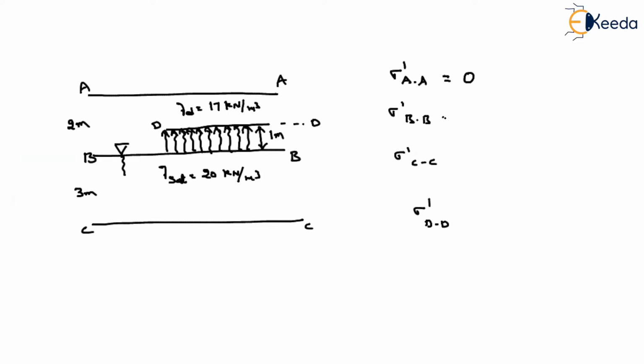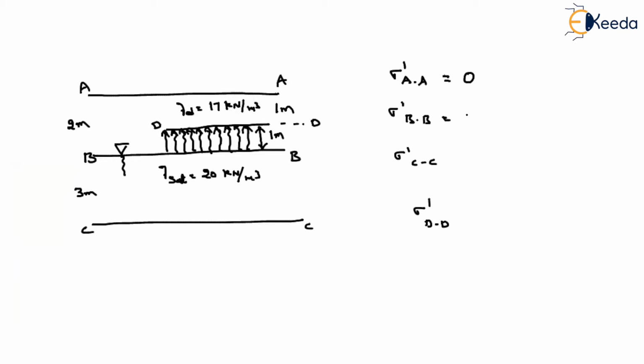Now, coming to this layer, how can I find the effective stress? I have to imagine my hand here. If I keep my hand here, how much stress will I feel? What could be the total weight because of this soil condition? Of this 2 meter, 1 meter is the capillary action, and for the remaining 1 meter our soil is under dry condition. After that, all the voids are filled with water, that means it is under saturated condition. That may be because of the capillary action also, no problem. But since all the voids are filled with water, it is under saturated condition. So how much weight will I feel there?